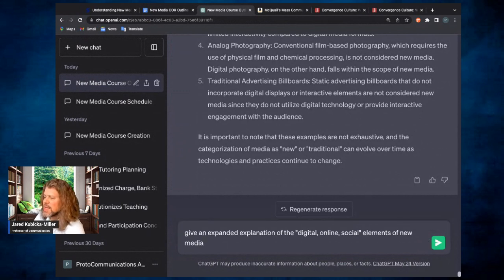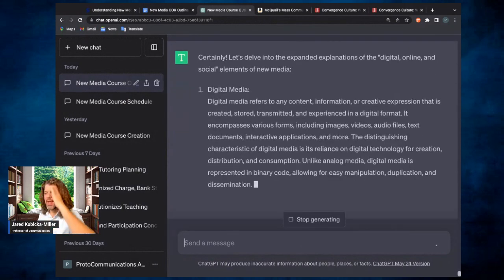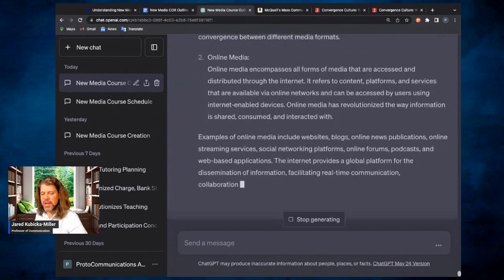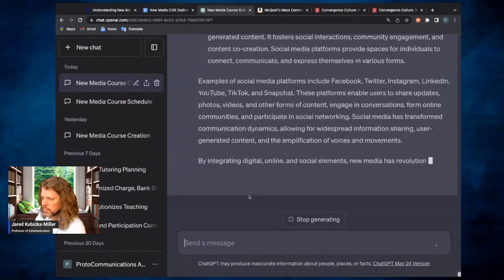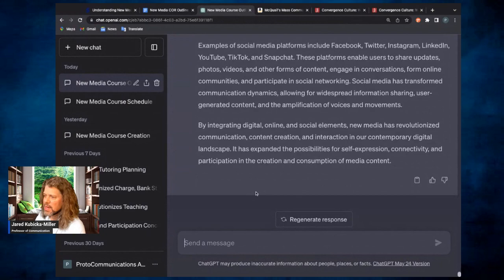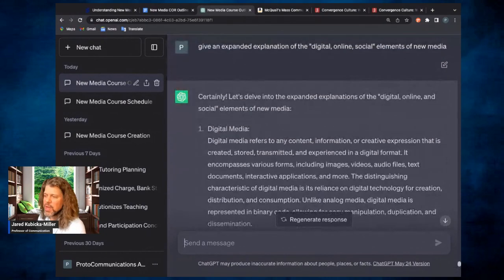Give an expanded explanation of the digital, online, social elements of new media. I really want to pry those open and explain how they differentiate from other types of media. I want to get some examples, because I'm thinking in week one, I want to have a discussion about these three elements. I want them to either in a written assignment or some sort of group discussion talk about these elements.